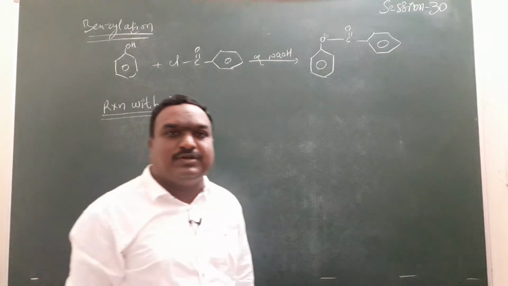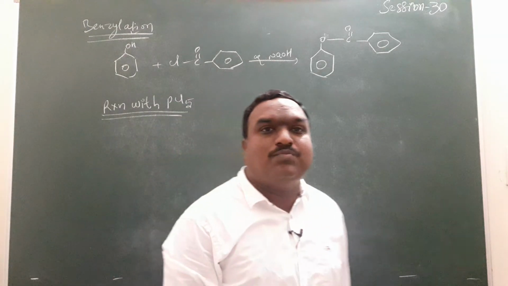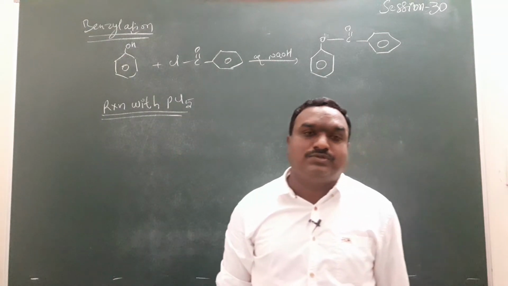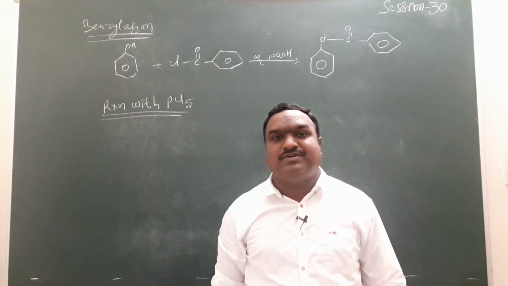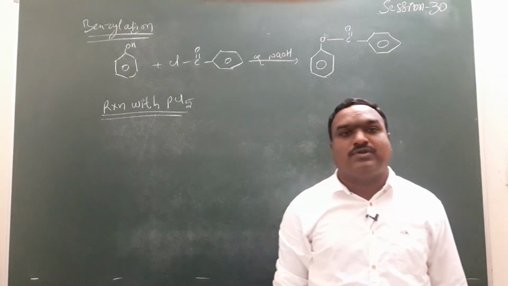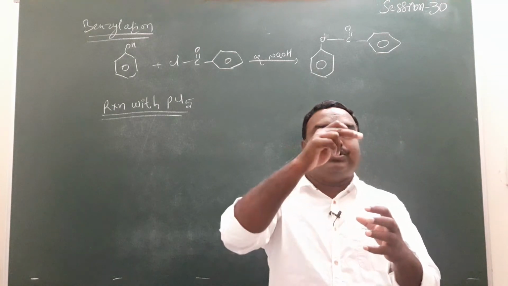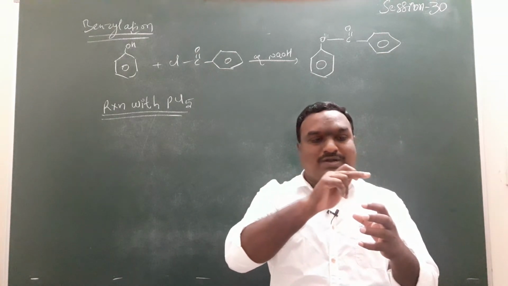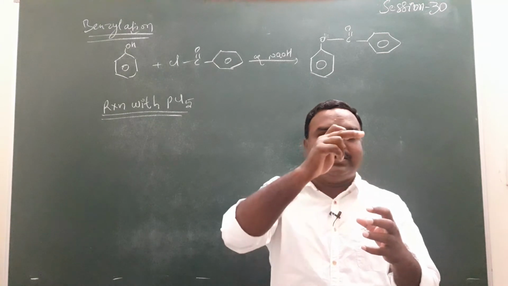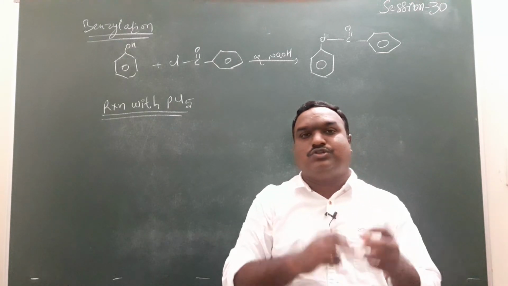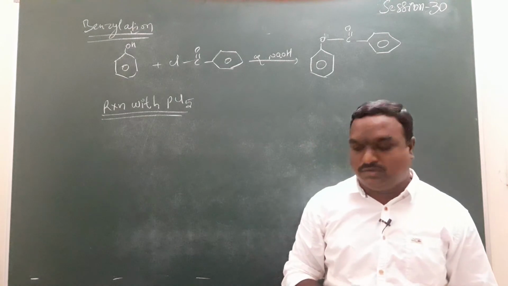Reaction with phosphorus pentachloride means the compound undergoes a nucleophilic substitution reaction. C-O bond cleavage is possible in a given phenol compound. Given phenol means the benzene ring having an OH group. So bond cleavage is possible between the carbon and the given oxygen. The OH group is replaced by chlorine here.